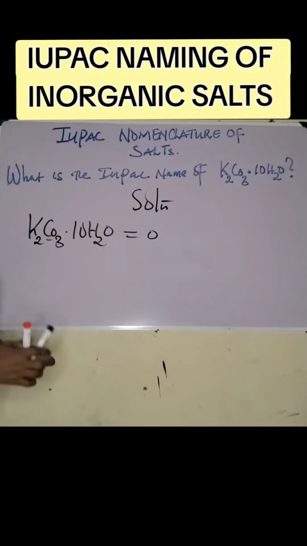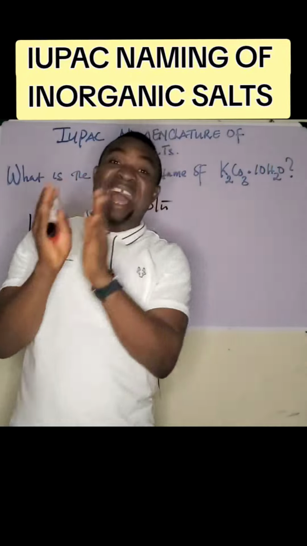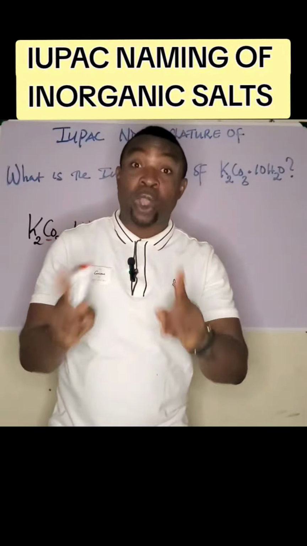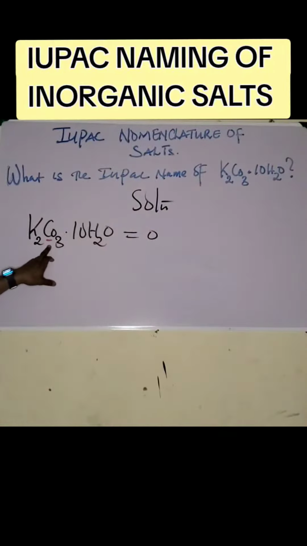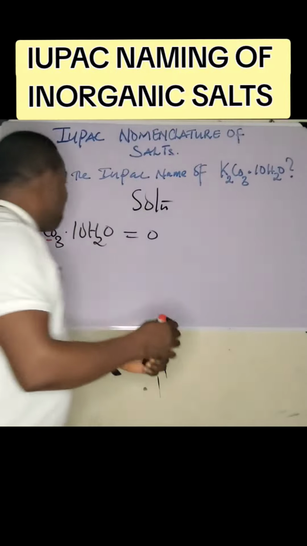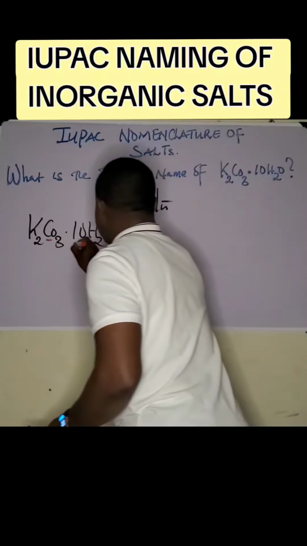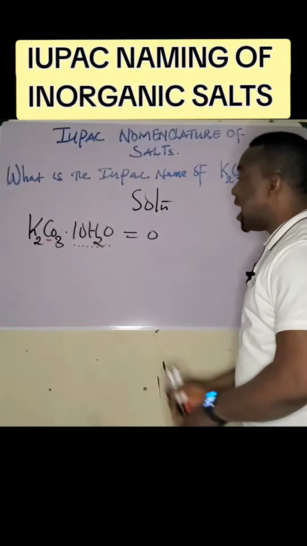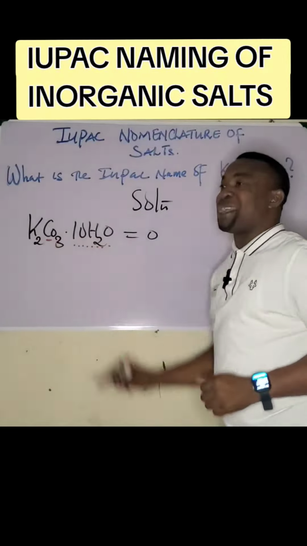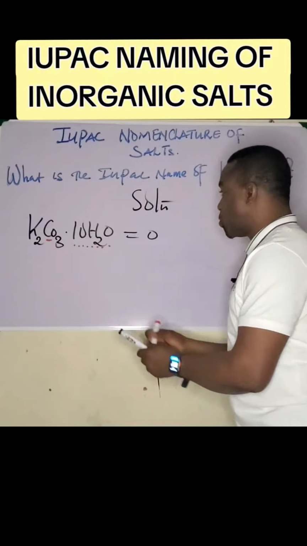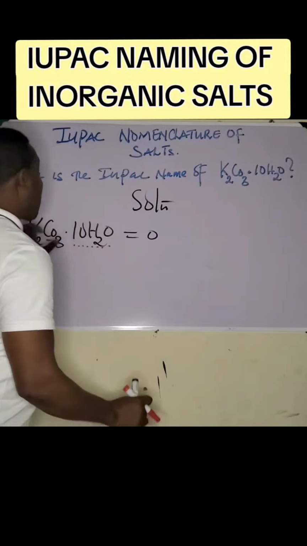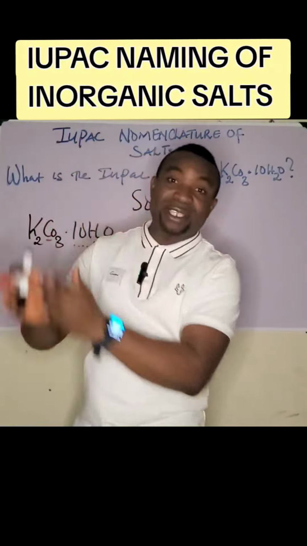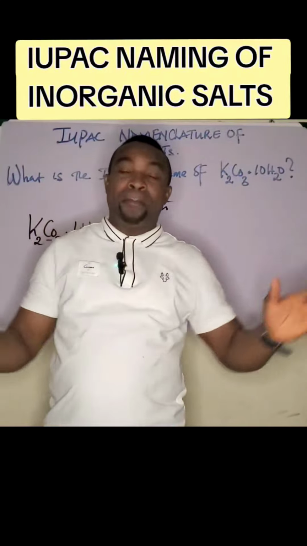Do not forget, we will always calculate or find the oxidation number of the central element, except otherwise. The element here is carbon. But let us consider this particular molecule of water attached to this very particular compound. Let us do a little thing. When you are given this kind of compound and you have molecules of water,